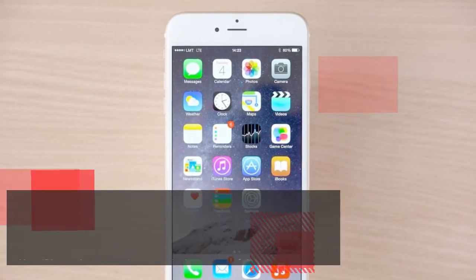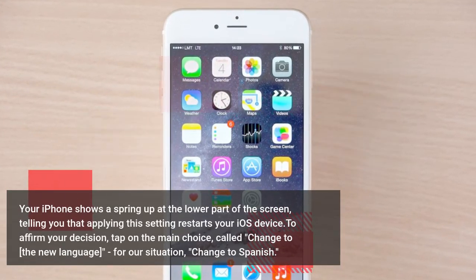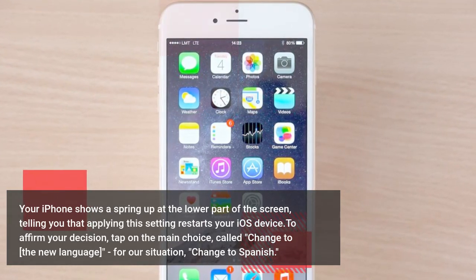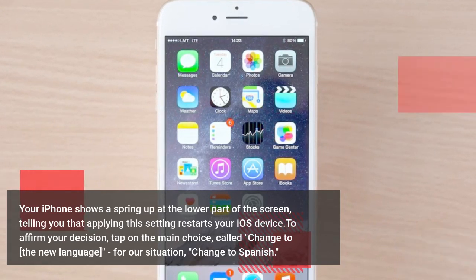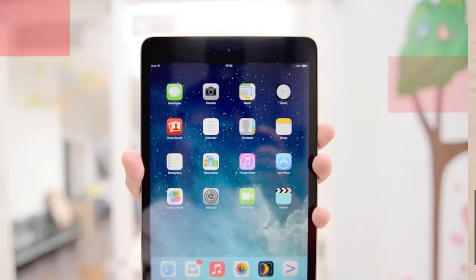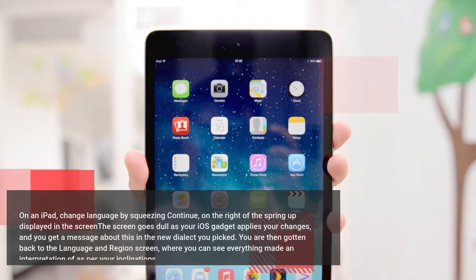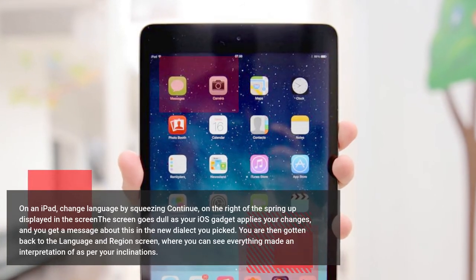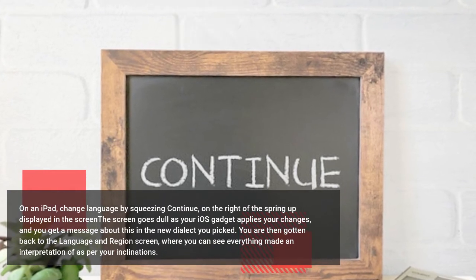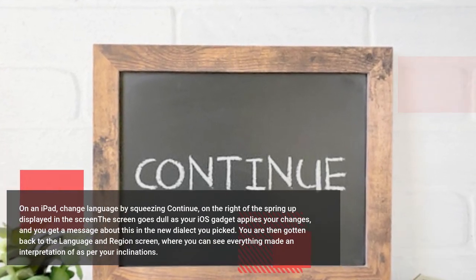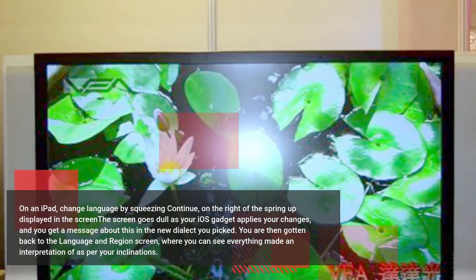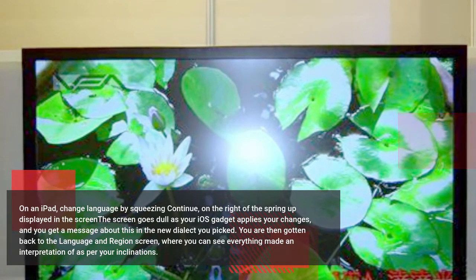Your iPhone shows a spring up at the lower part of the screen, telling you that applying this setting restarts your iOS device. To affirm your decision, tap on the main choice, called Change to the New Language. For our situation, change to Spanish. On an iPad, change language by squeezing Continue. On the right of the spring up displayed in the screen goes dull as your iOS gadget applies your changes, and you get a message about this in the new dialect you picked. You are then gotten back to the Language and Region screen, where you can see everything made an interpretation of